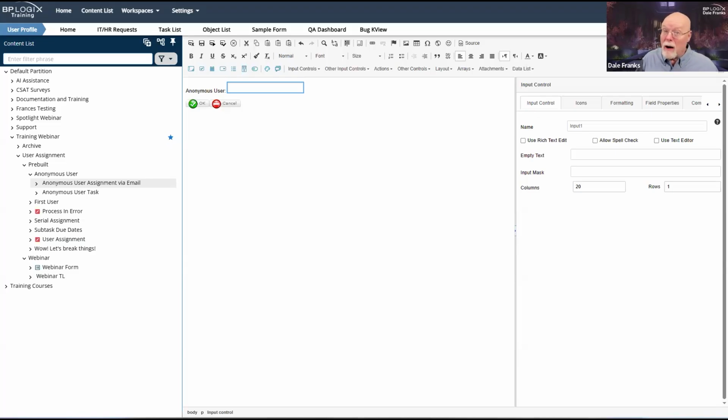It is possible, however, to allow an anonymous user to open the form instance. Now, obviously, you would have to give them the appropriate link so that they could click on that link and open the form instance. And if you had given them permission to edit it, they would still be able to do so. I mean, permissions are universal.